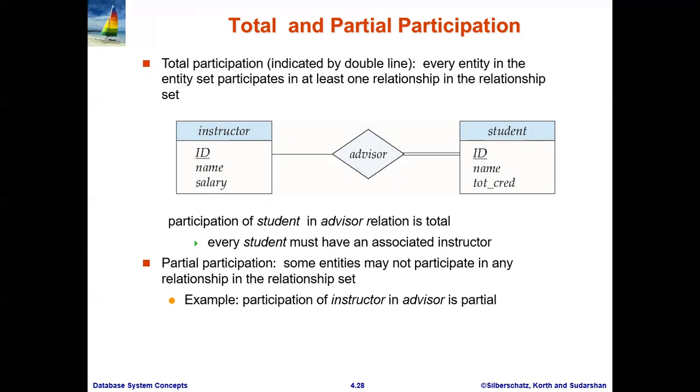That is partial participation. In the diagrammatic representation in the ER entity relationship model, we represent the entity instructor as a rectangle, student as a rectangle entity, and a diamond as the relationship set, which is advisor. So a student must have an associated instructor, right? And as it is a total participation, you can see in the figure from advisor to student the double lines are there, which indicate the student's total participation in the relationship set.